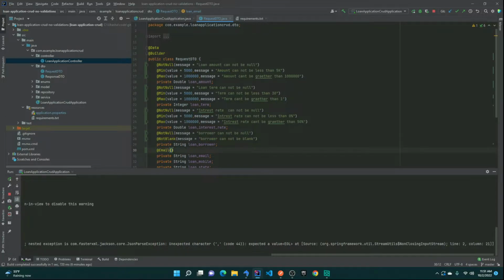So for email, we're just going to write in a message: "Invalid email format," because it's based on the format. We don't really care what the email is. We want the format to be correct,